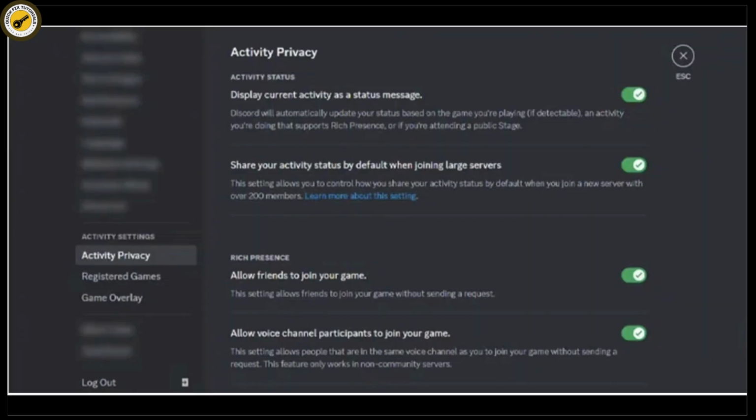Then simply proceed by clicking on Activity Privacy and then enable all the options under Activity Status. This will allow Discord to automatically track when you launch a game. So now, after completing all the previous steps, launch any game and it will be displayed on your Discord as